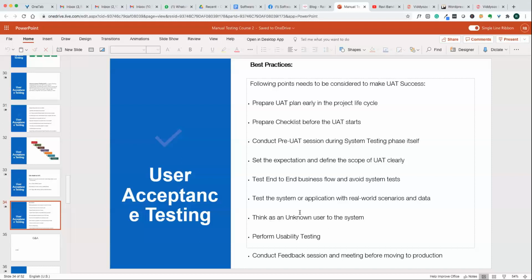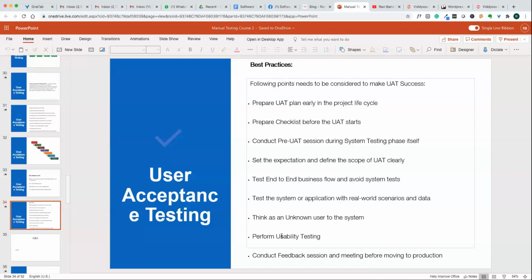So basically, a user should think as an unknown user to the system. Basically, a user can come into the system, take a scenario and execute it, right? Because normally users just go through some user manual and execute their scenarios. They are not very technical. So the system should work for non-technical users as well, right?